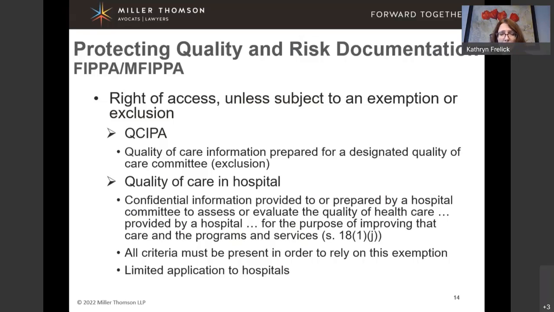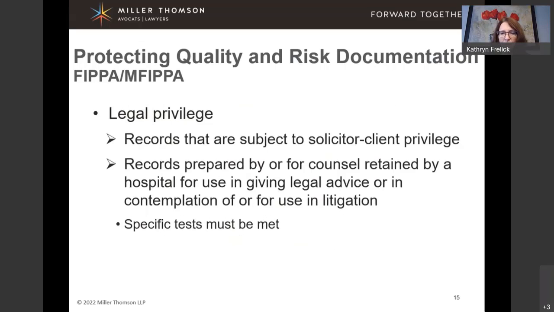The requirement to have a committee to assess quality of care usually is not difficult given the committee structure of hospitals. And there are many activities that are undertaken through a committee process at different levels. But ensuring that the information is flowing through those mechanisms is one of the key factors in order to rely